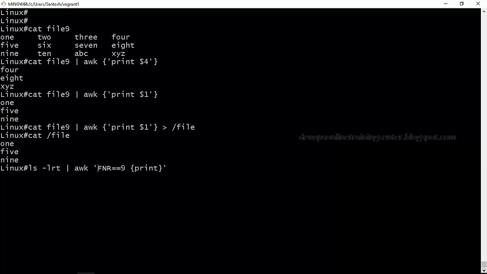In the same way, we can also print the rows. Let us say the same file is there, and it will print the first row. So basically what you need to understand is AWK is useful when you want to extract some column or some row from an output.